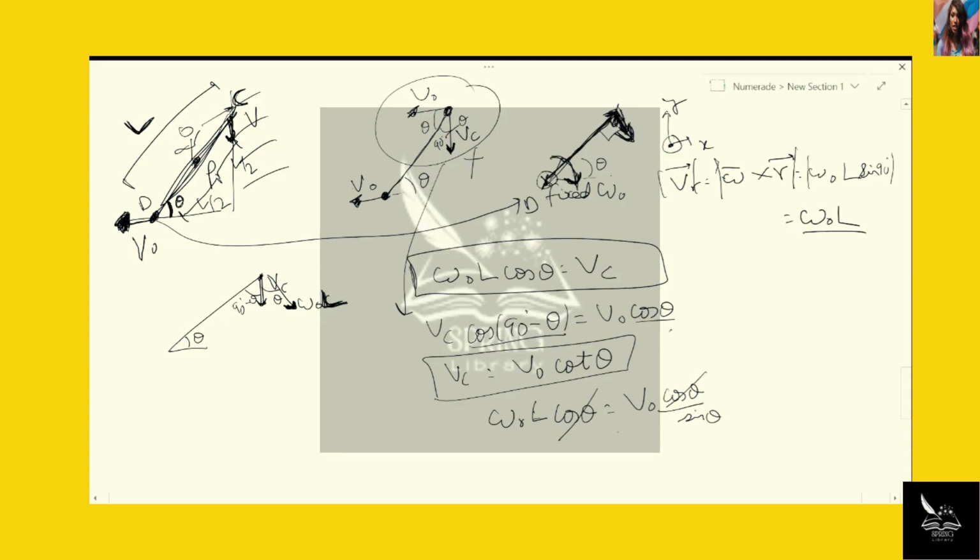So cosine theta gets cancelled and we get omega naught equals V naught over L sine theta. So this is the angular velocity omega naught. Okay, now let's say somebody asks what is the velocity of the painter P. The velocity of painter P